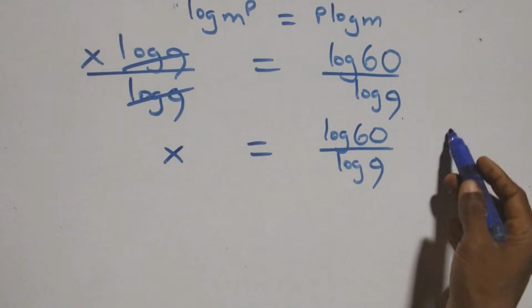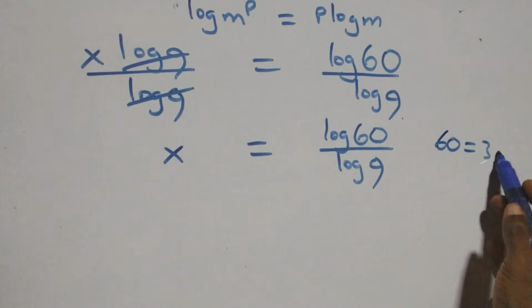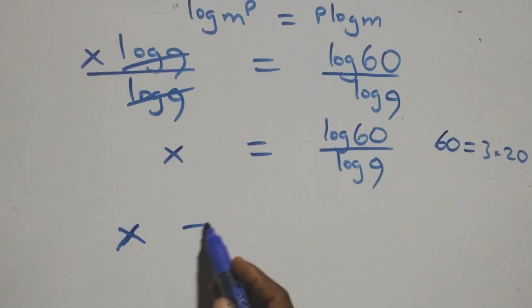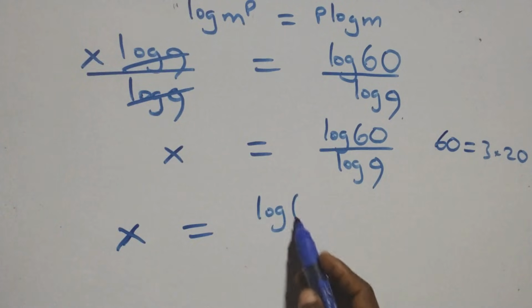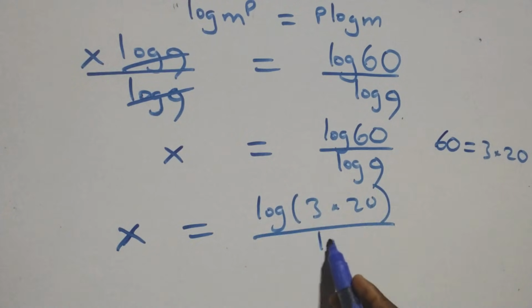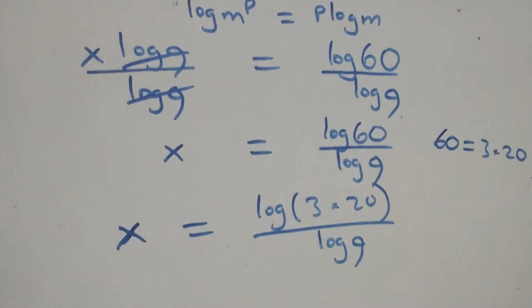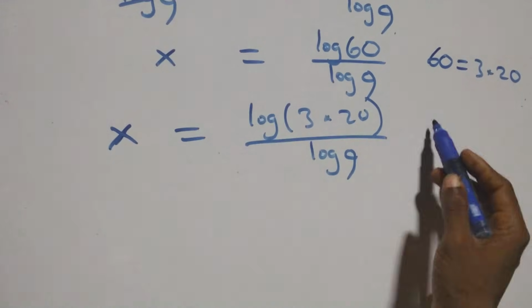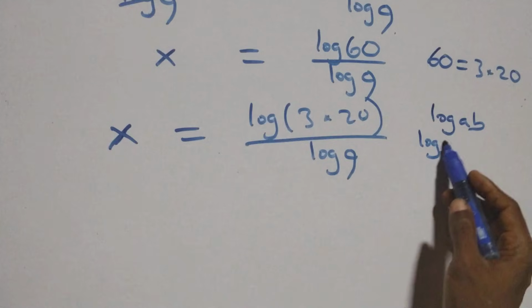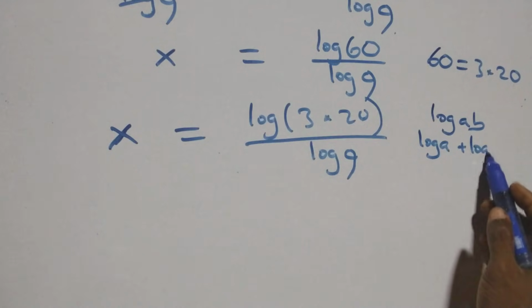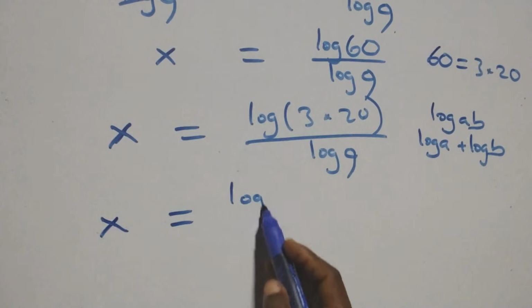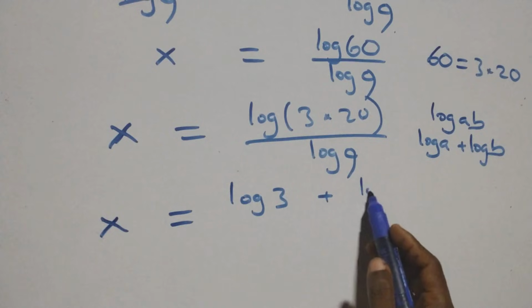Then here, 60 can be written as 3 times 20. That is, what we have becomes x equals to log 3 times 20 over log 9. That is, here we apply the law of logarithm. When we have log a times b, we can write this as log a plus log b. That is, here we have x equals to log 3 plus log 20